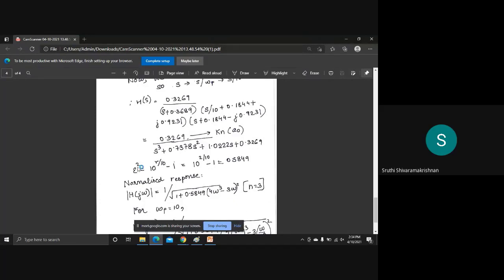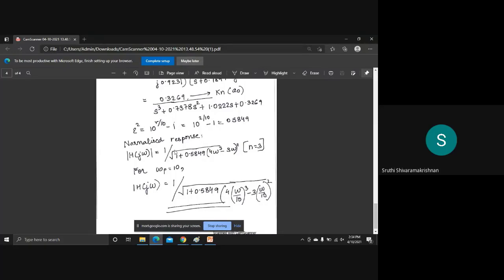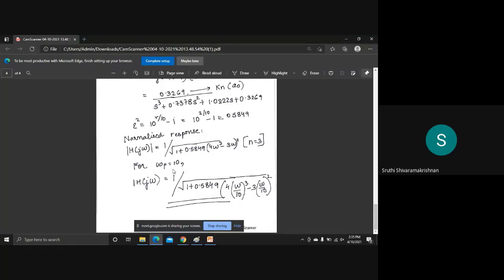Now, as I told you, the ripple factor epsilon square is 10 to the power R by 10, minus 1. You need to find this for finding the amplitude response for the Chebyshev polynomial. That is given by 1 upon root of 1 plus epsilon square into C of n. C of n is your polynomial, which is again in the polynomial tables. Chebyshev provides a lot of tables, so you can refer to them and solve your problem easily. You don't need to use the brute force method. Then you find the amplitude response, and our Chebyshev design is ready.